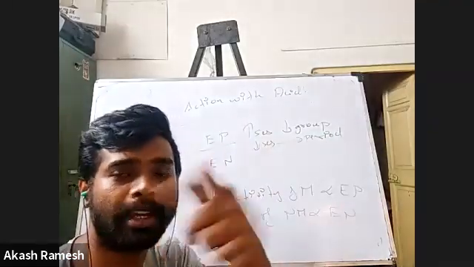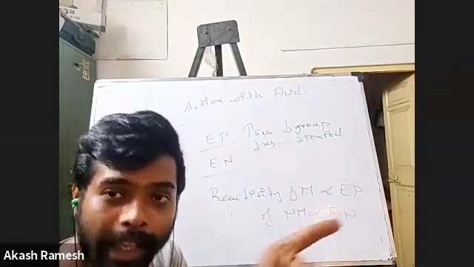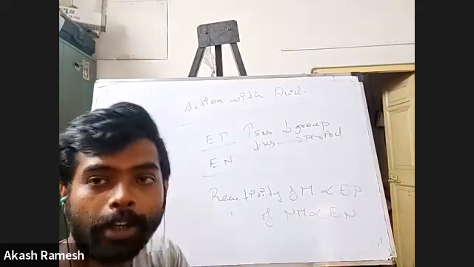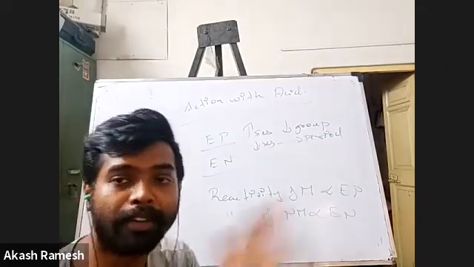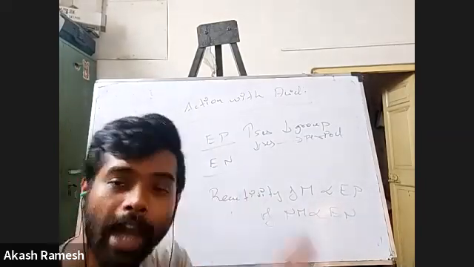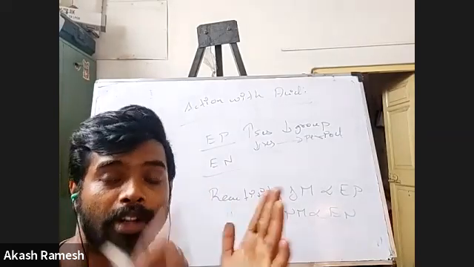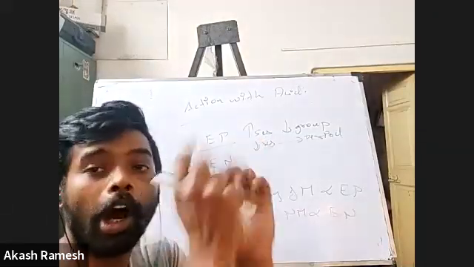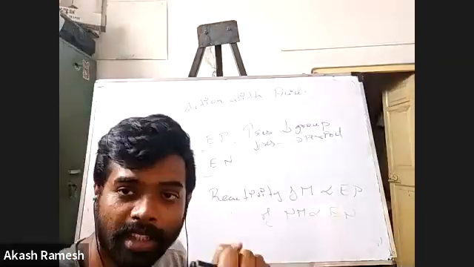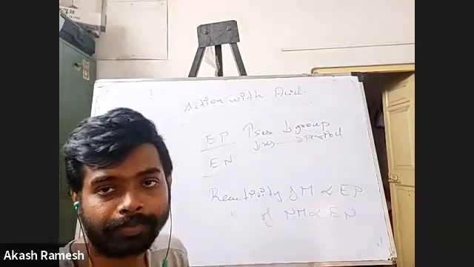When I go along the period, atomic size decreases. Why? Because in the same shell, for example 2,1, 2,2, 2,3, 2,4, 2,5, like that it will go in the period. So in the same shell, you are adding more and more electrons. Obviously, if you add more electrons at the same distance from the nucleus, the force will be very strong. So that's why the atomic size decreases and the ability to lose electron also decreases.